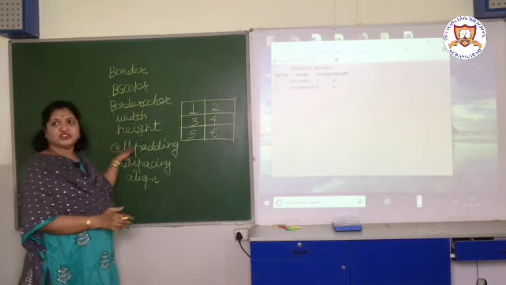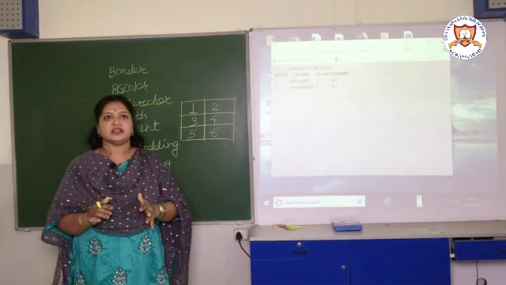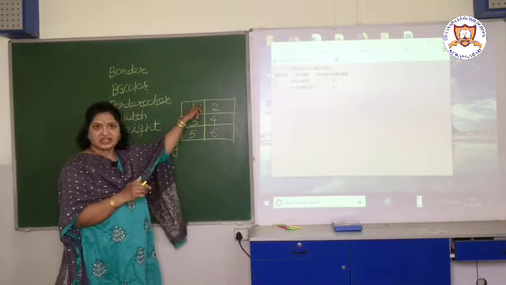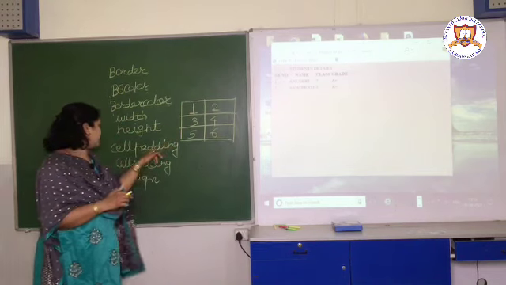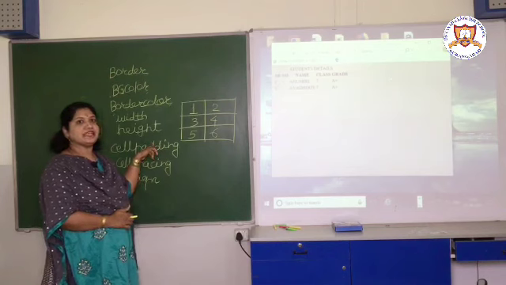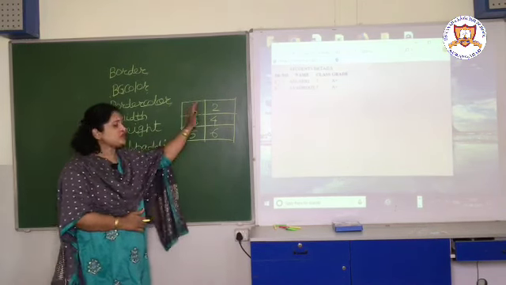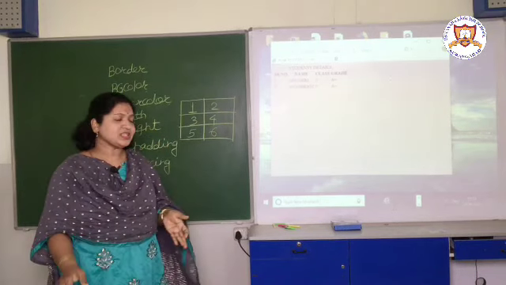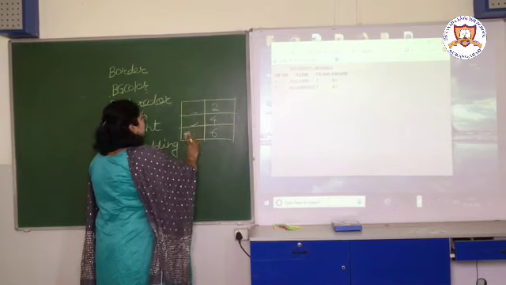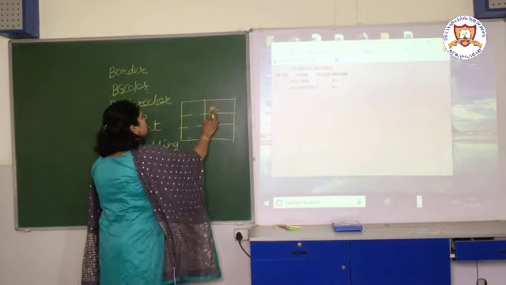Now cell padding means what? The distance between the edge of the cell and the content can be given by using cell padding. It can be decided using cell padding. And what is cell spacing? The distance between the adjacent cells. Now suppose I write here cell padding equal to 3.